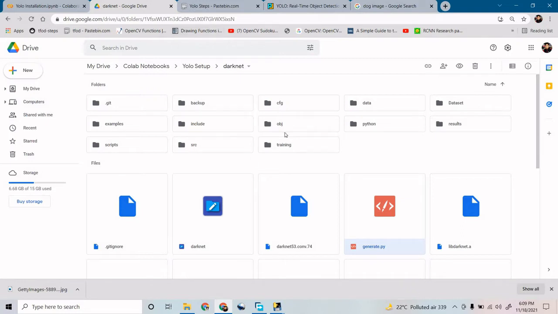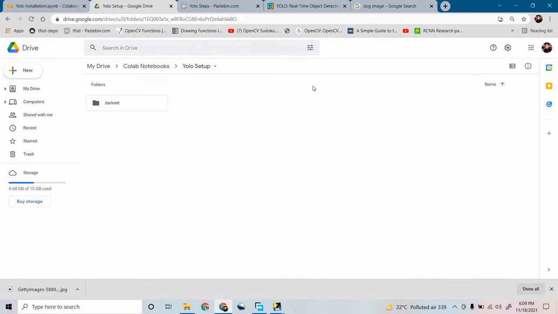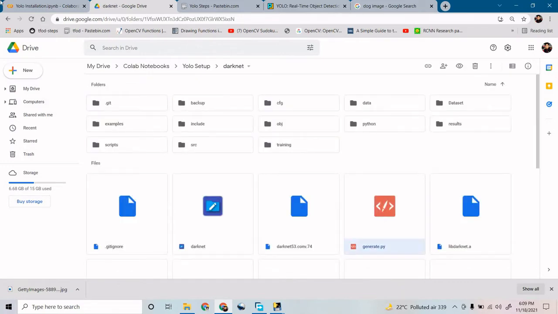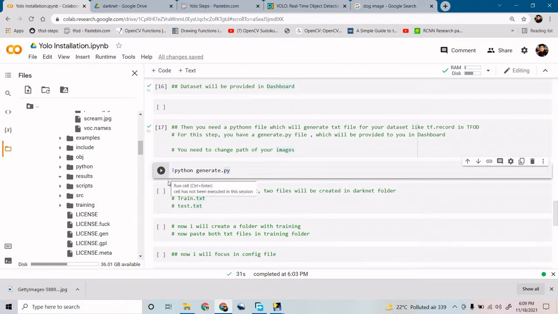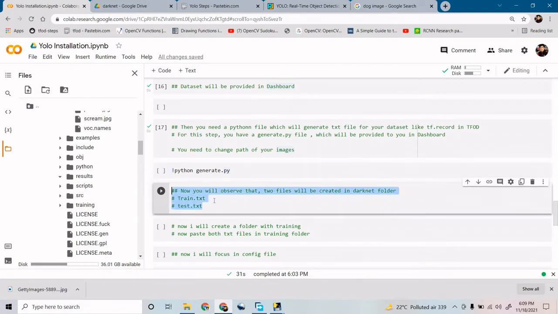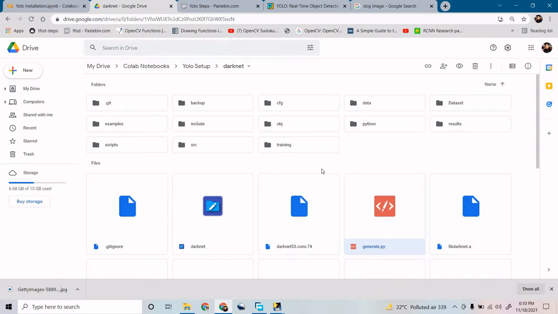You need to place this file inside your darknet folder, where you have your YOLO setup. If I hit this command, I will get two files, train.txt and test.txt, inside your darknet folder.